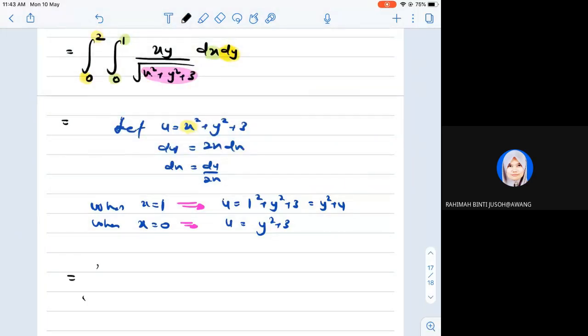So 0 dengan 2 tak ada effect sebab kita tak buat lagi terhadap y. So 0 until 2 maintain macam biasa. Okay, limit of x from 0 until 1. When x equals to 0, u equals to y squared plus 3. So dia akan jadi, bila 0 tukar jadi y squared plus 3 like that. Okay, and then when x equals to 1, kita gantikan dengan y squared plus 4. So y squared plus 4 like that. Okay, now